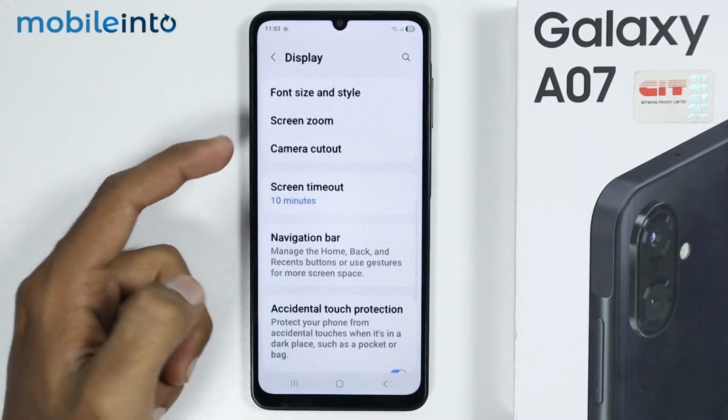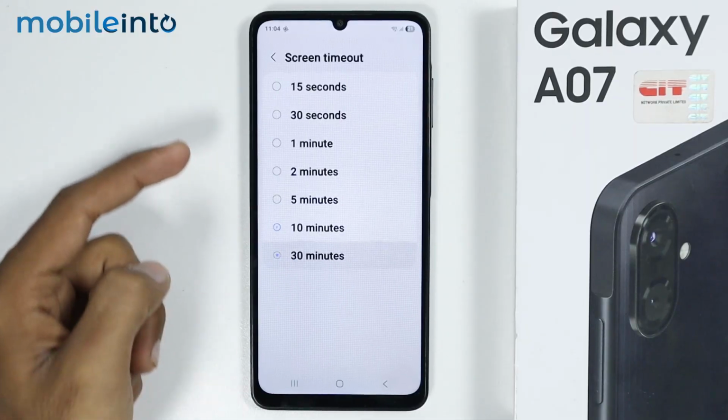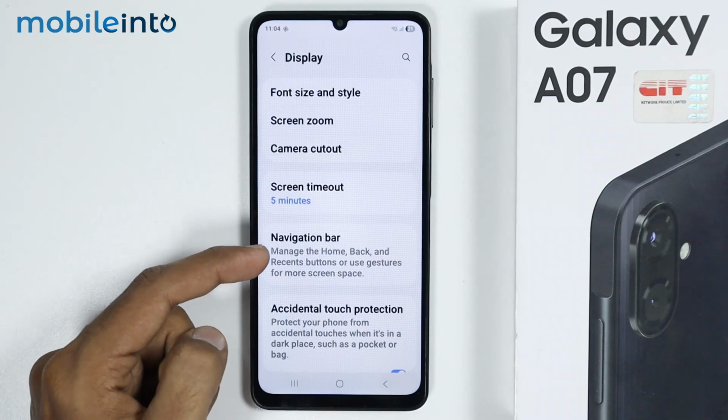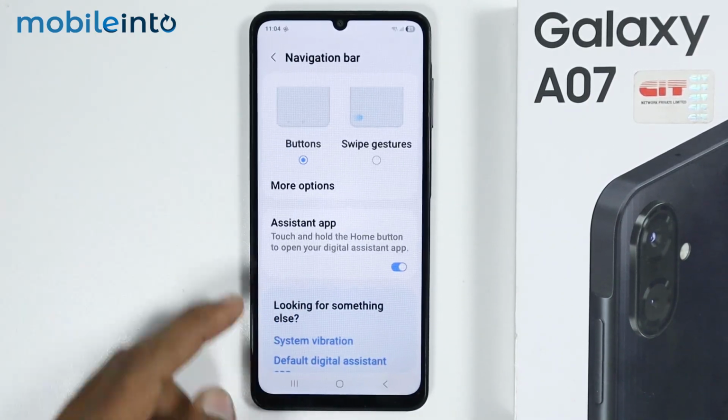After that, you will find the option of screen timeout. And in this section, you will be able to increase or decrease the screen timeout on your smartphone. After that, you will have the option of navigation bar. And from here, you can either select button navigations,